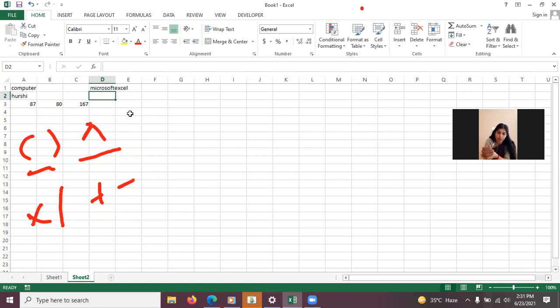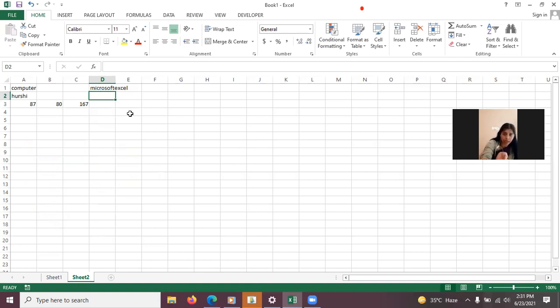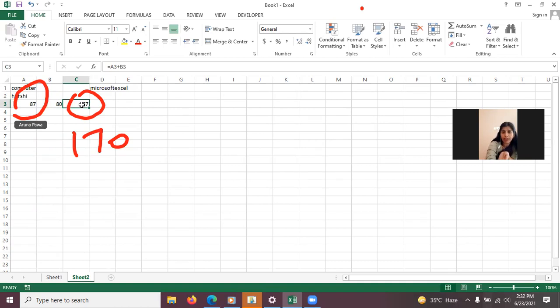Goal seek feature, page number 52 and 53, it is shown. Goal seek feature is used when I want to change some value in which a formula is applied. That value I want to change. Suppose this answer that is coming, 167, had to be 170, but I'm seeing that it is 167, so it is wrong somewhere. So I saw that I have written wrong data here. It had to be changed, right? So it had to be 90. Then I got my answer.